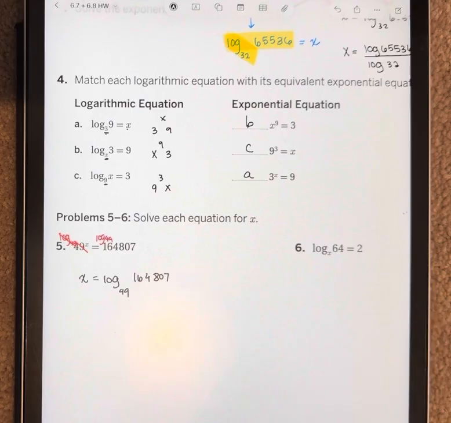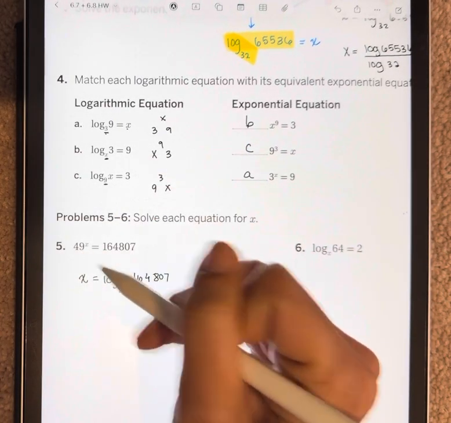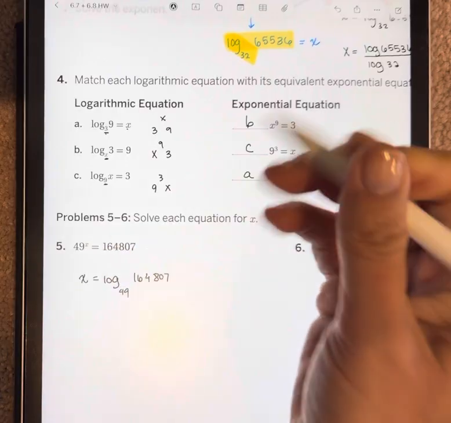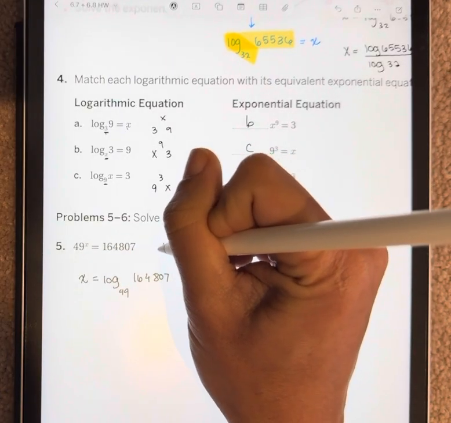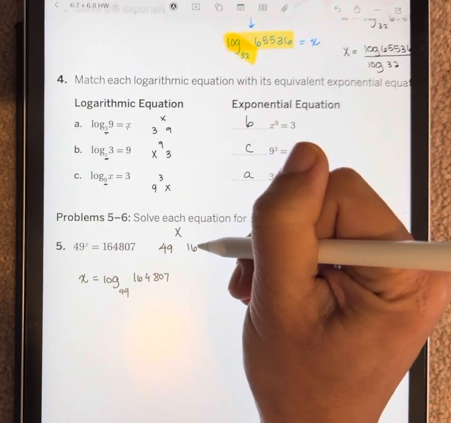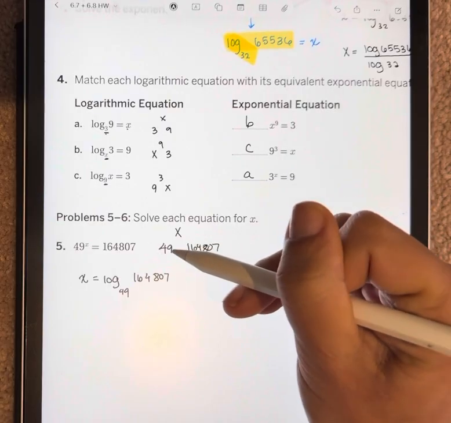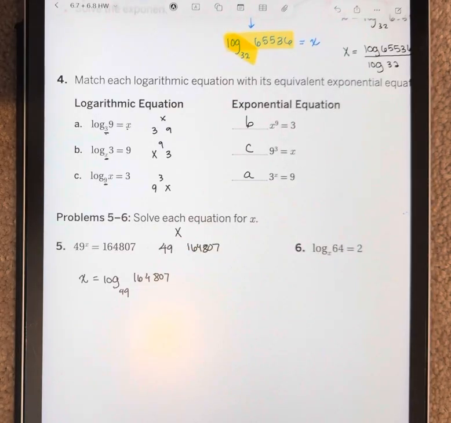Okay, or take your pick of all the different ways. You could have turned this into the base of the exponent, that is the base of the log, and it's this number, that number. You could have turned it into the triangle puzzle with the exponent, where 49 to the x equals 164,807. And then you wrote it in log terms this way. Whatever you want to do, either way, we land here, where now we're going to do the change of base formula